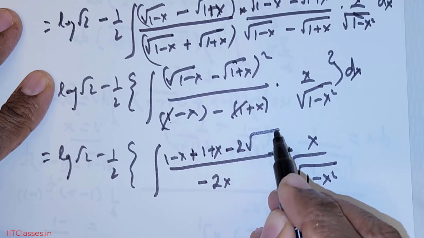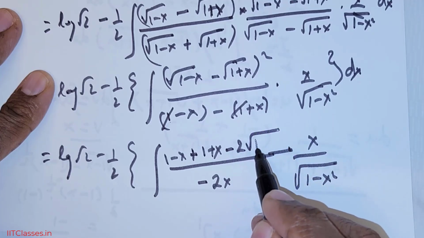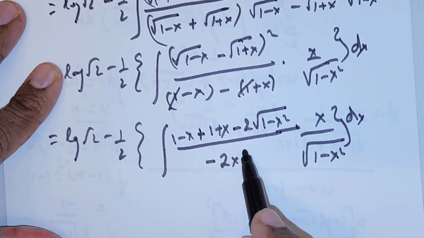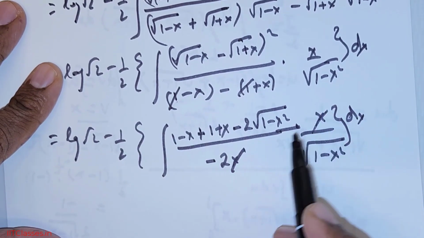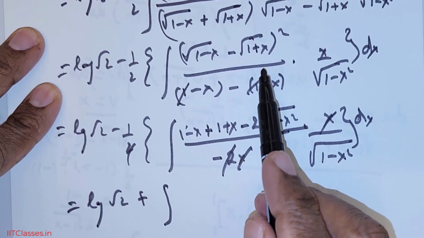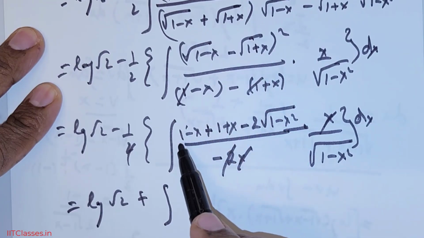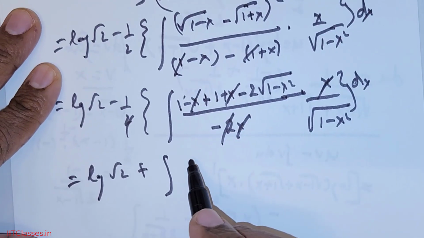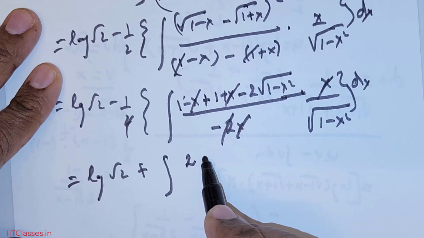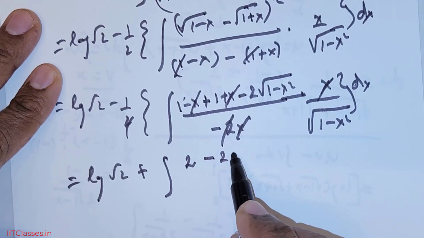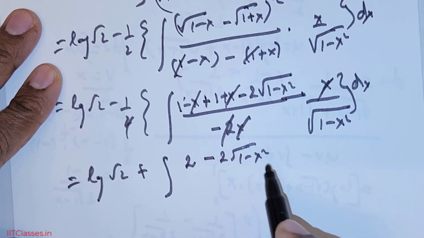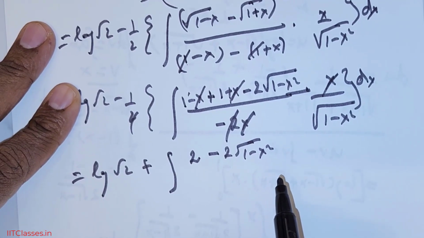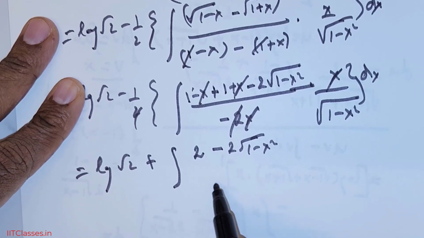That's going to be 2 times root of 1 minus x squared times dx. So x and x get cancelled. Negative x plus x goes away, 1 plus 1, you get 2, minus 2 times the root of 1 minus x squared. Okay, so this is what we have